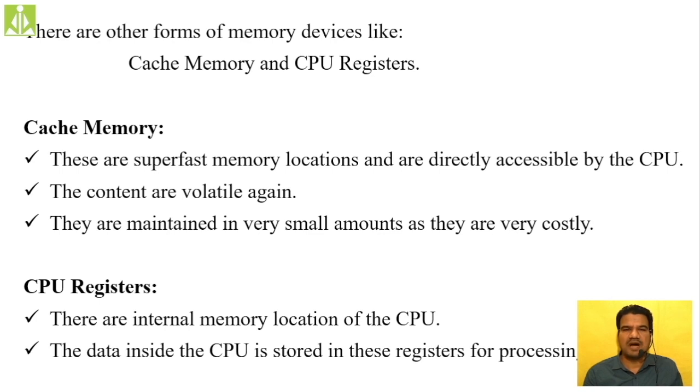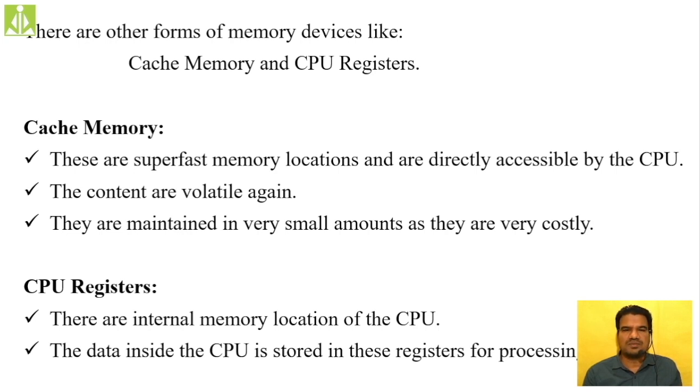Then after RAM, we have cache memory. Cache memory is faster than your RAM as well as costlier than your RAM. Then we have CPU registers. They are the ultra fast memory elements, and they are the costliest ones. Whatever memory types we have so far in the market, these CPU registers are the costliest ones.